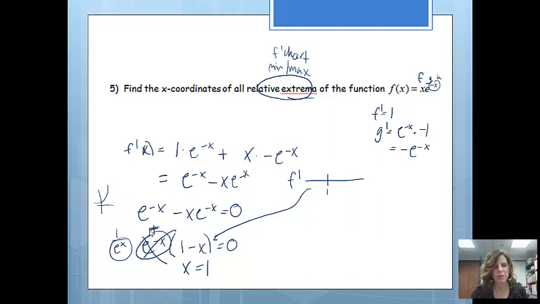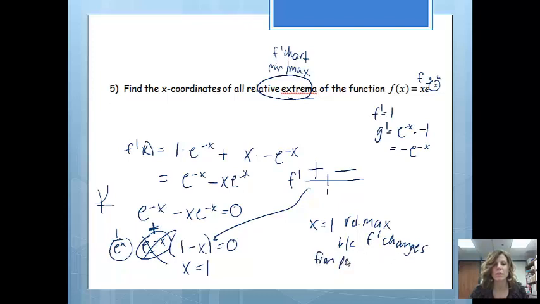So I don't really even need to plug stuff into it. So if I plugged 0 into this part of my formula, I would get a positive. If I plugged 4 in, I'm going to get a negative answer. So based on that, if I'm looking for relative extrema, I can tell that at x equals 1, there's going to be a relative max, and that will be because f prime changes